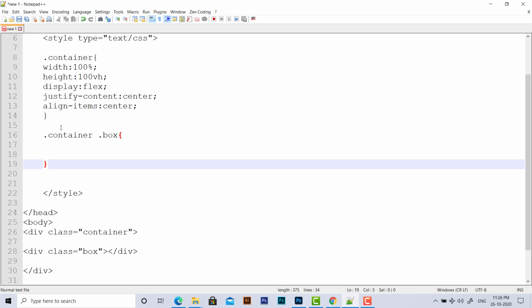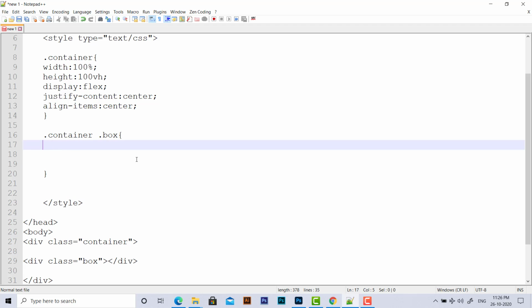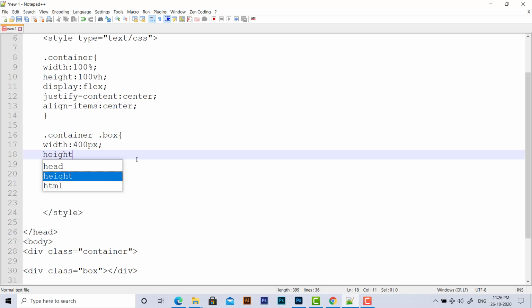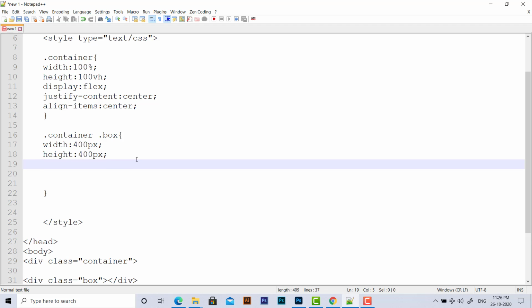Now we are going to give the box a width of 400 pixels and a height of 400 pixels and a background of red. These are all the properties we need for the box.